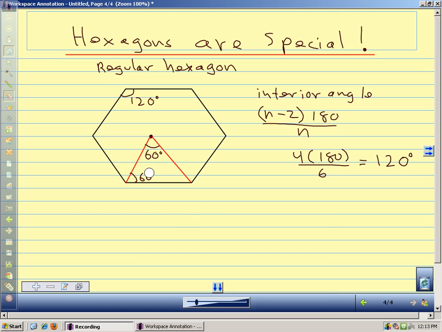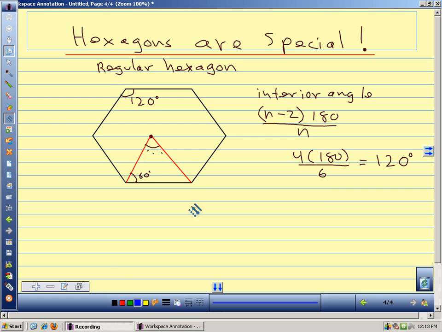I'm going to write that in a little smaller. If I draw in my apothem, what is my apothem going to do to this 60 degree angle? It's going to cut that one in half. So let me erase this. And I'm going to draw in my apothem in blue. So there's my apothem. There's a 90 degree angle. And this angle is 30 degrees. What kind of triangle do I have here? A 30, 60, 90. If this is the side length,